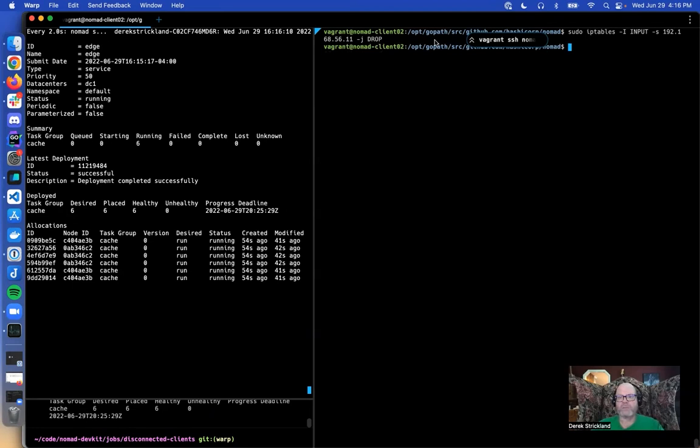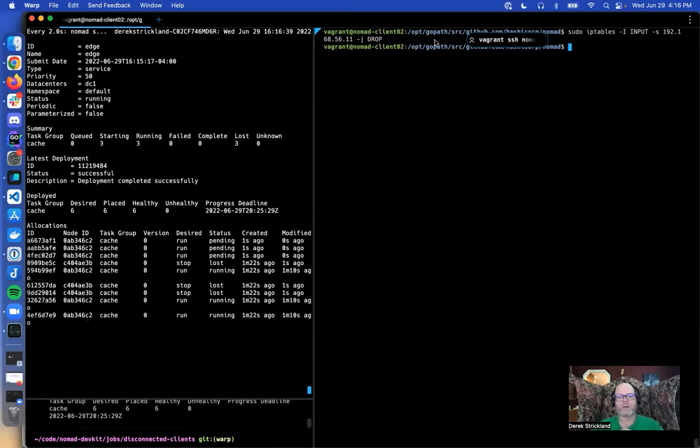And if you're not familiar with Nomad architecture, there's a heartbeat mechanism that runs on a staggered 30-second interval where the agents check in with the servers and say, hey, we're here, and everything's good to go. And if that check-in process doesn't happen, historically, the client node would be marked as lost, or down rather,